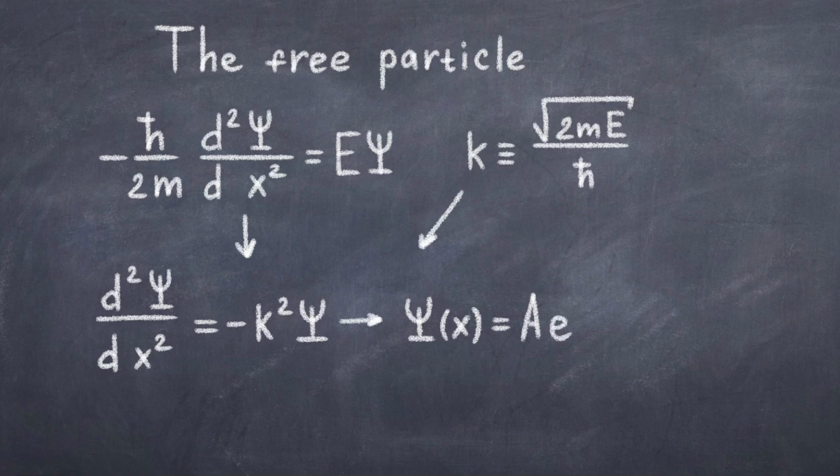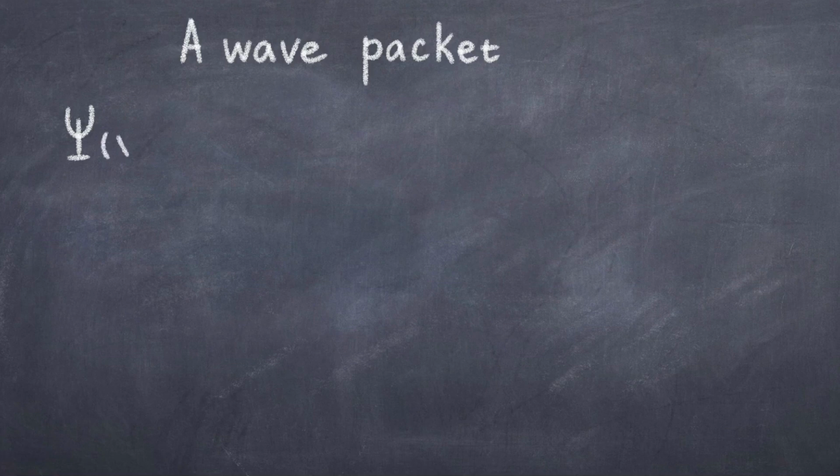How interesting. This means we already know the solution, which is psi of x is equal to A times e to the power of ikx plus B times e to the power of minus ikx, which is equivalent to the sine and cosine solution presented earlier, but this form is more instructive. Now it appears as if we have solved this problem. There's just one small problem with a stationary free particle. Because of the uncertainty principle, there's no such thing as a free particle with a definite energy. Thus this stationary solution is not normalizable.